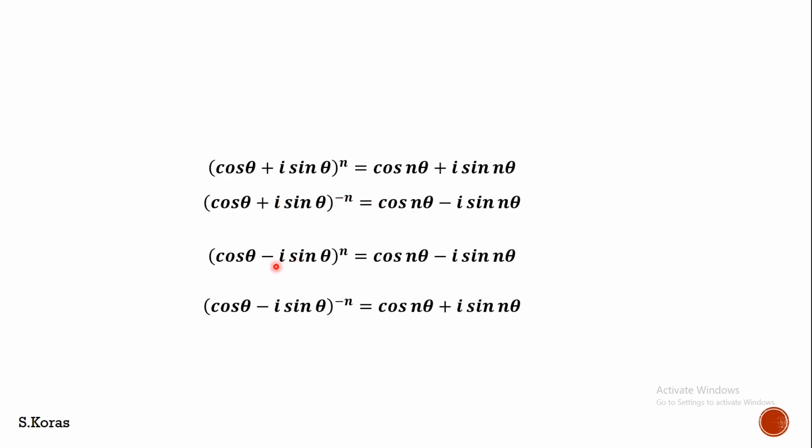For example, let us consider this problem. If this is (cos theta minus i sin theta) whole power minus 10, don't bring minus 10 inside. Just try to bring only 10 inside to the angle. Before that, multiply this sign: minus into minus is plus. So in the middle, you put plus i. Then just bring this 10. That is cos 10 theta plus i sin 10 theta. Like that we can easily do these problems.